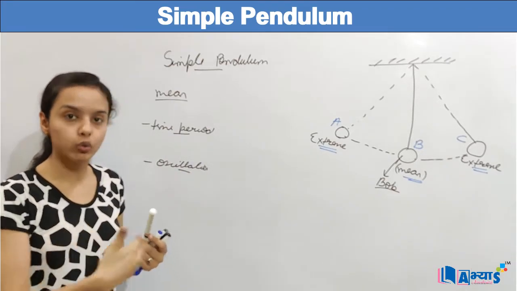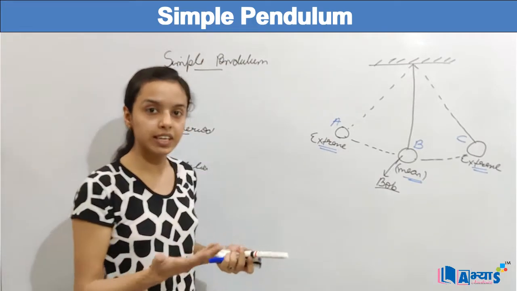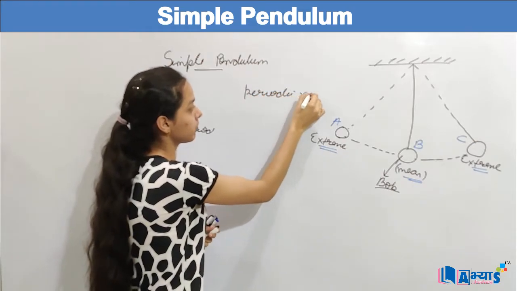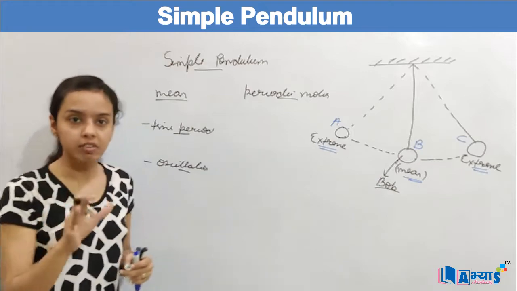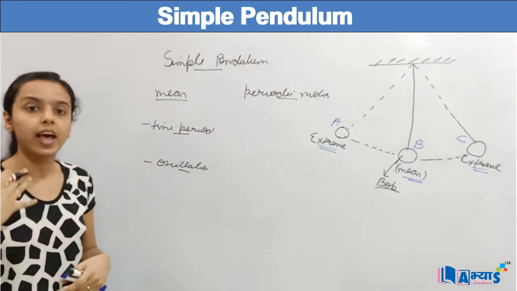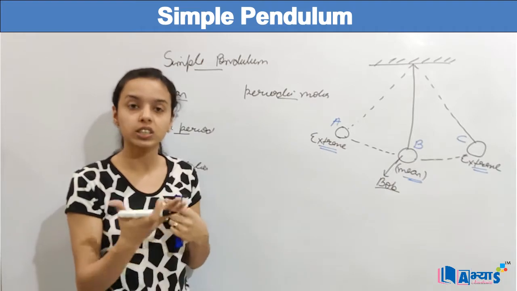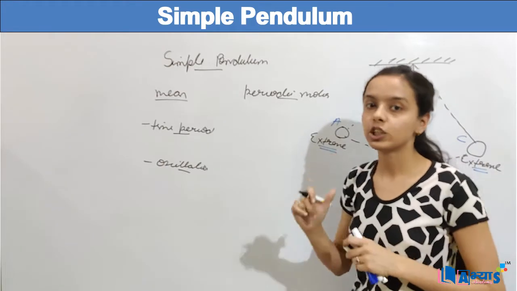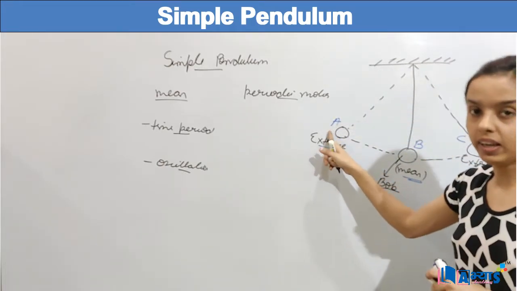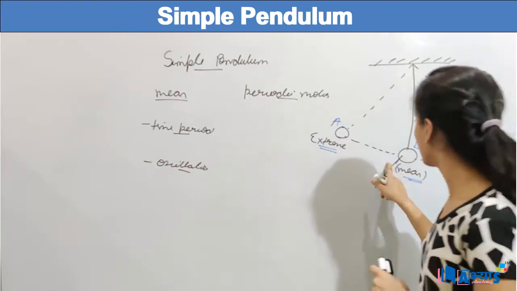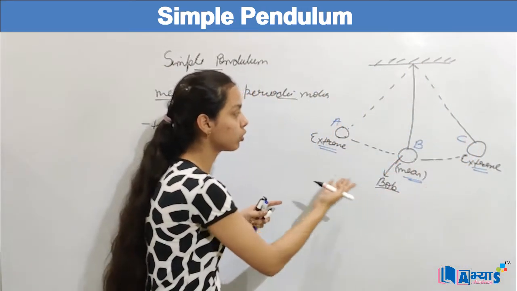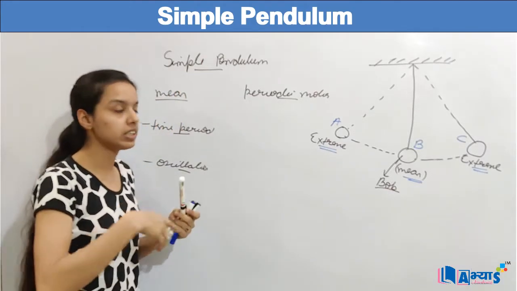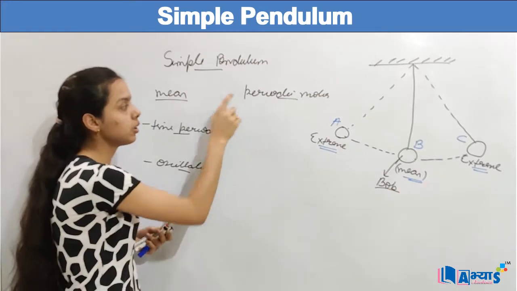So when this to and fro motion takes place, we can say the pendulum is undergoing periodic motion. Periodic motion always refers to the to and fro motion, and when the object repeats the motion after a certain period of time, we say that the motion is a periodic motion. Like in the case of the pendulum, if we leave the bob at point A, it will go to point B, then to point C, then again come to point A, and this process will continue. That means the object is repeating the motion. That is why it is in periodic motion.